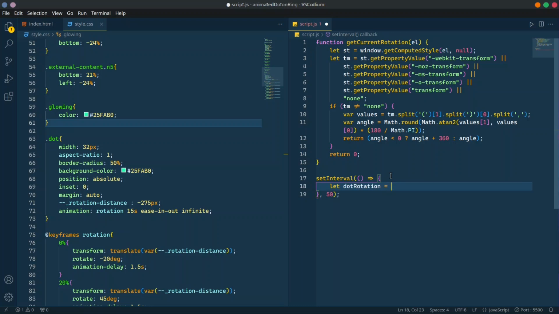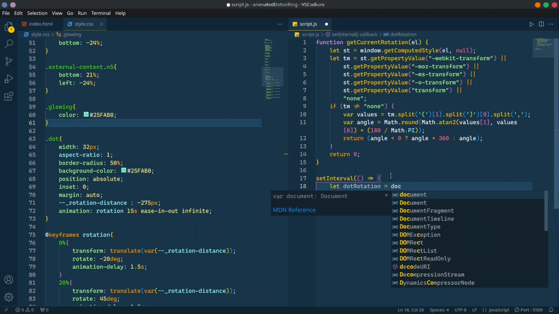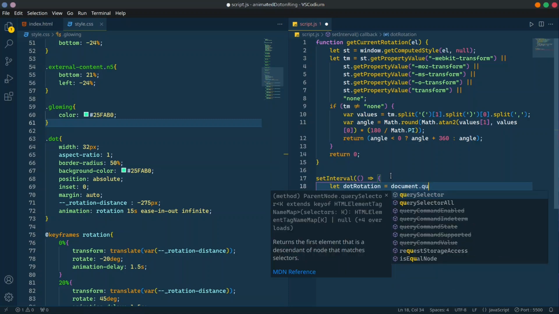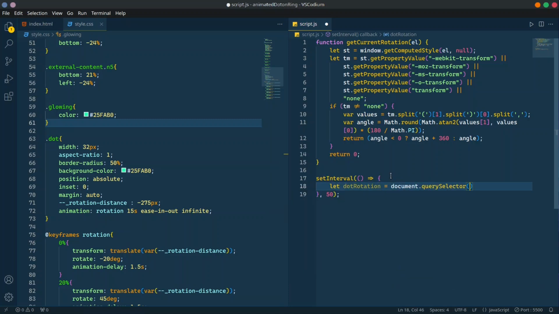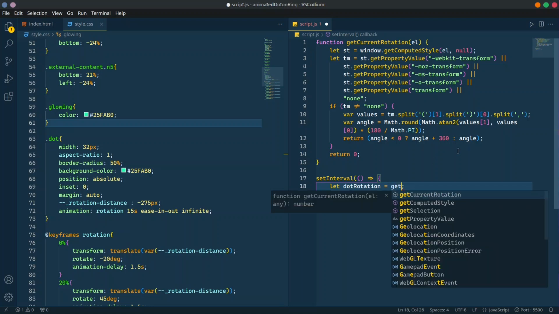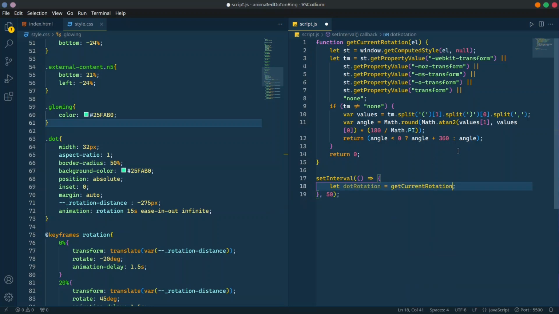First we will get our dot element by document.querySelector and the name of our class, dot, and we will provide this element as an argument to the function getCurrentRotation, like this.